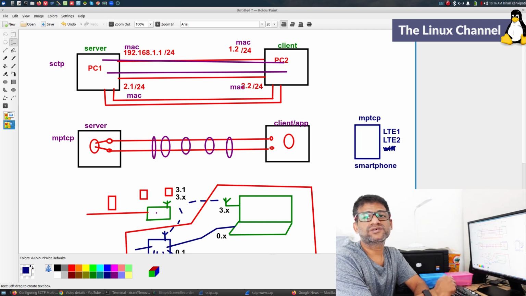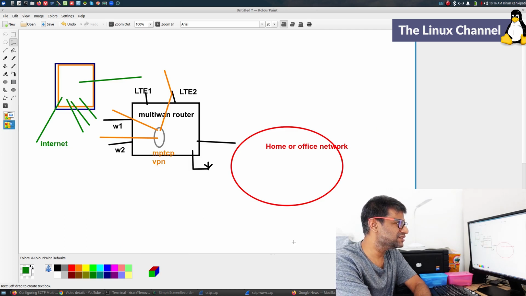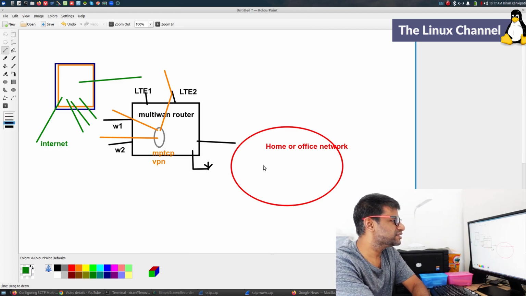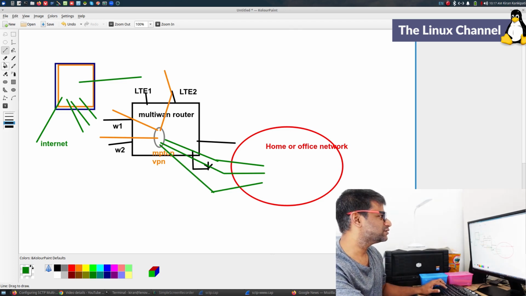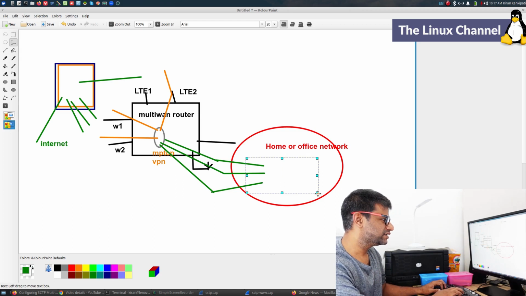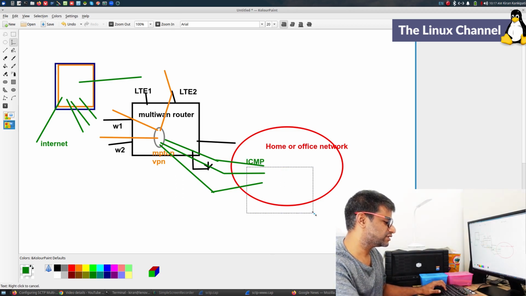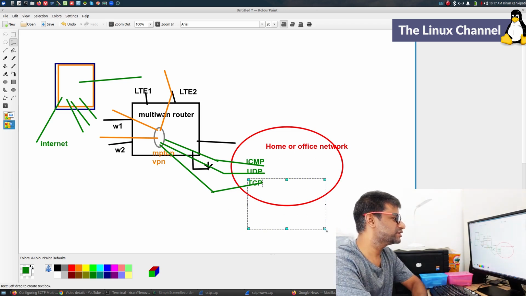But if you go with this approach, since a third party router is doing it, whether it is TCP, UDP or ICMP, whatever emerges from this network will get tunneled inside MPTCP, and outside on the internet it will always be a TCP subflow, the MPTCP subflow, versus whatever comes from this home office, which will be multiple protocols, UDP and TCP. So this is what happens.